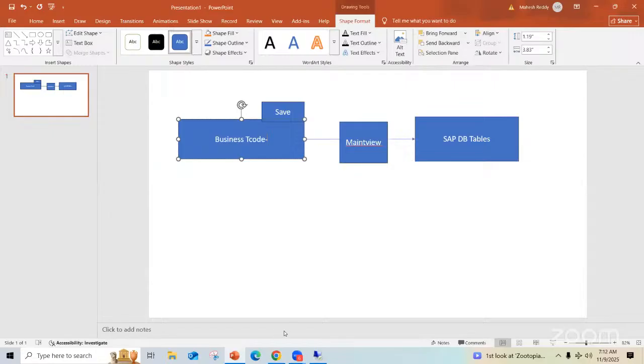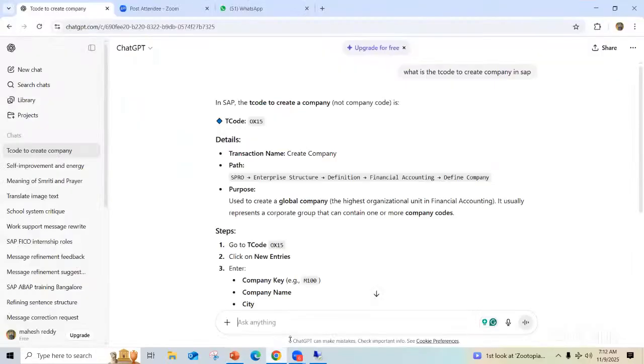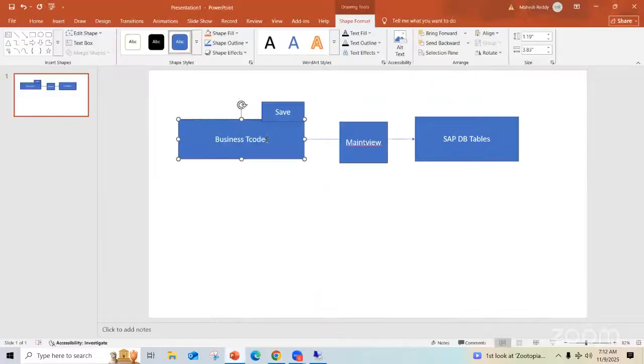The transaction code name is OX15. Okay, and the backend is the maintenance view. What is the maintenance view? V_T001. And the backend table name is T001.